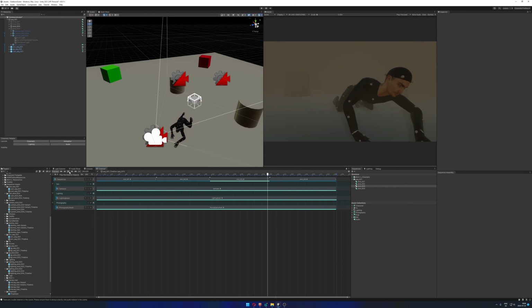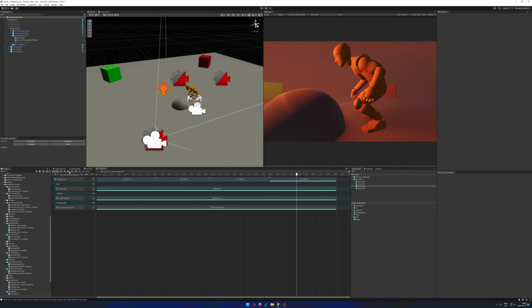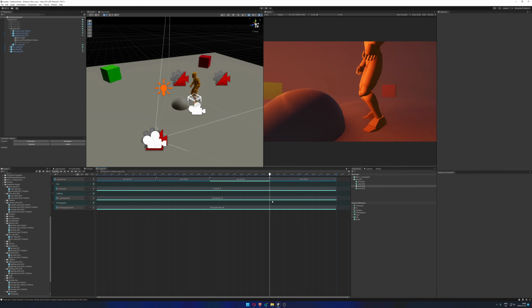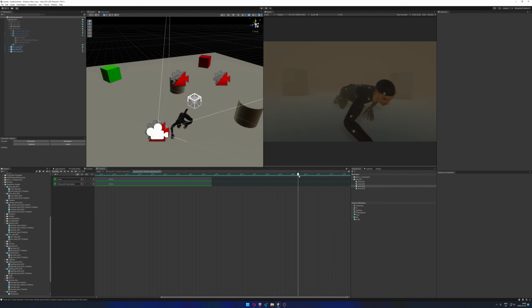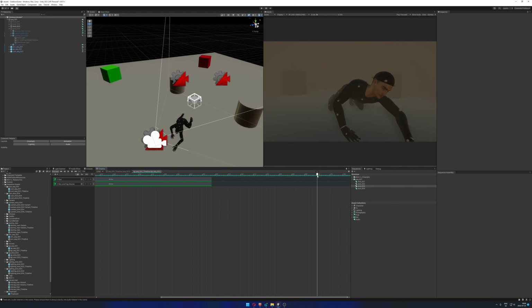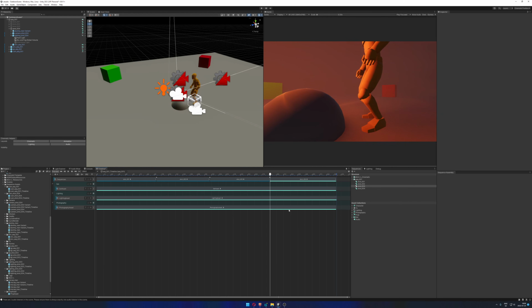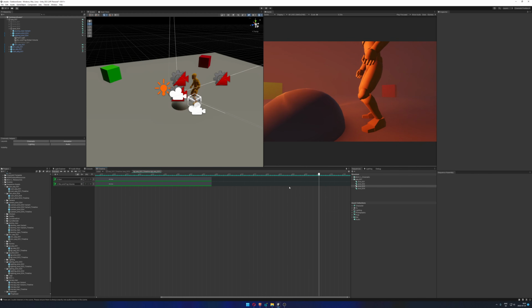That's strange, right? Okay, I don't know if that's a bug or what's going on, but I definitely don't have any master lighting